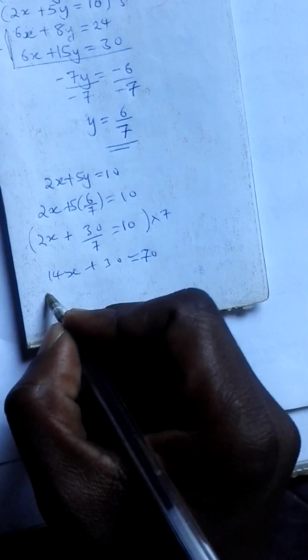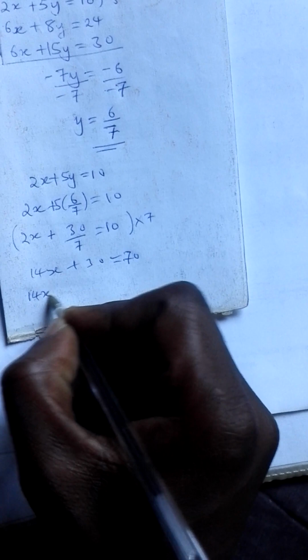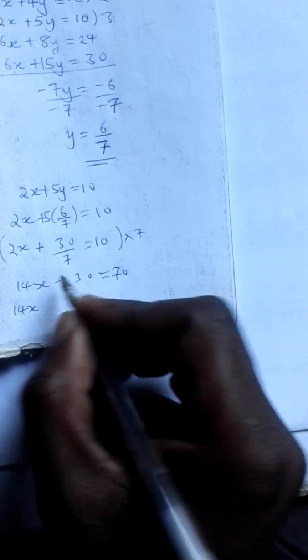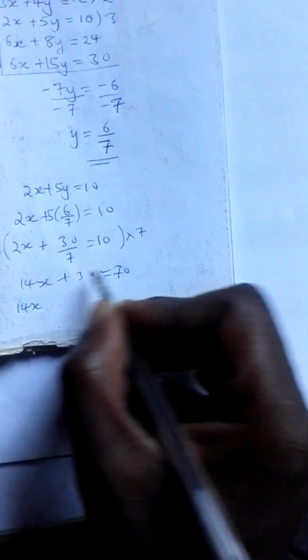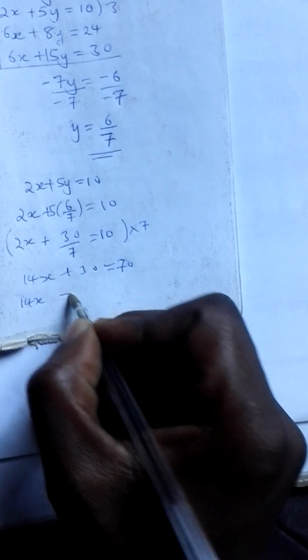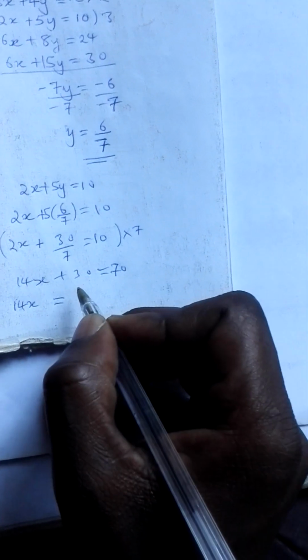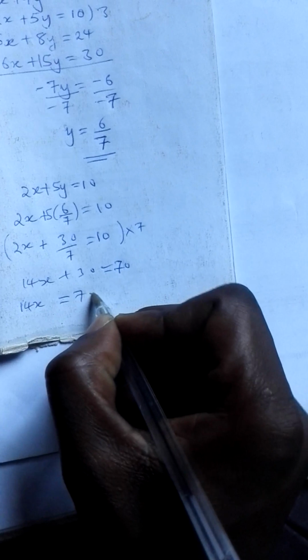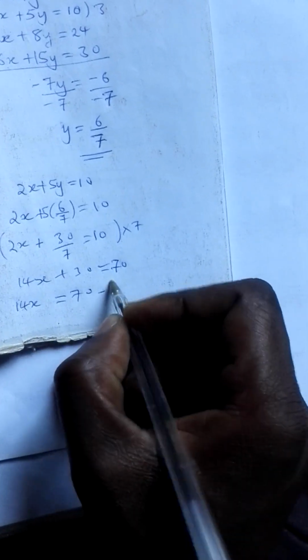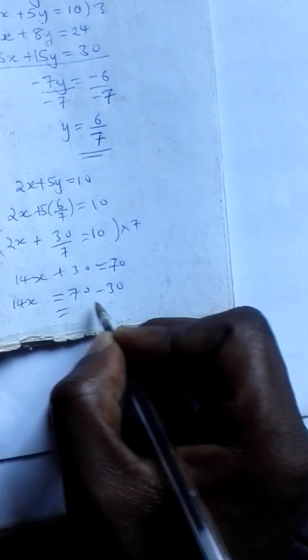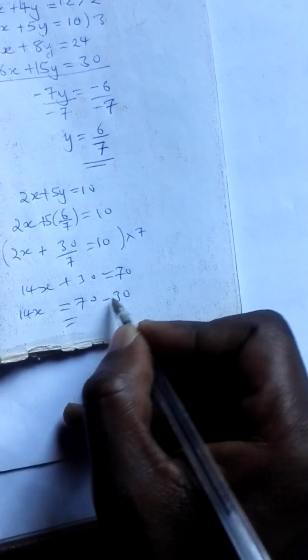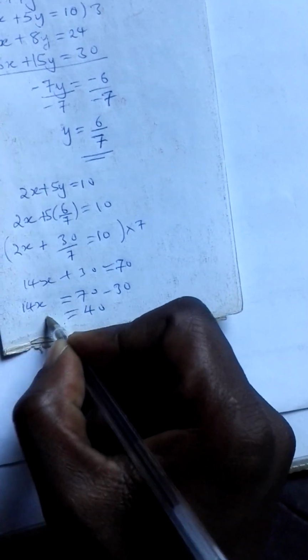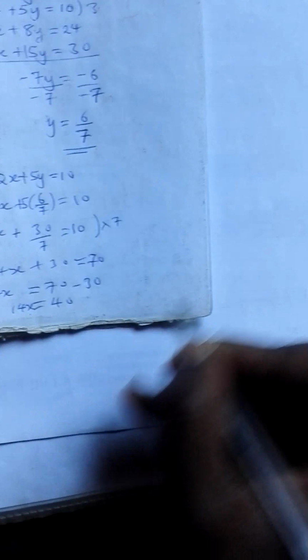Now, the 14x is going to remain alone here, and the 30, if we subtract it from both sides, is going to remain at 0 on this side, and the other side is going to be 70 minus 30, and this will give us a 40. So now